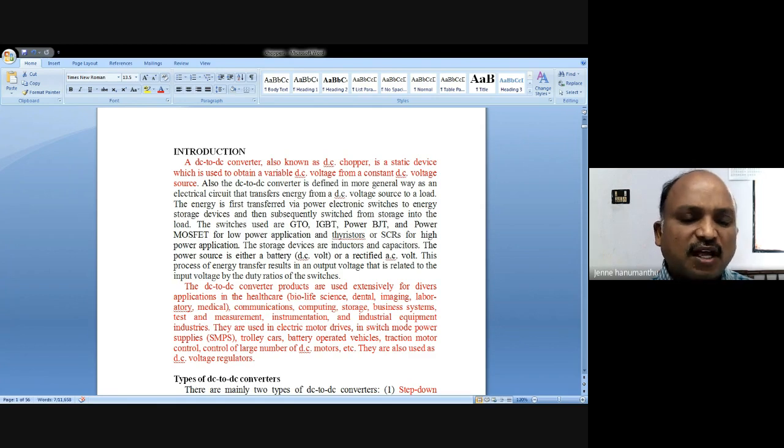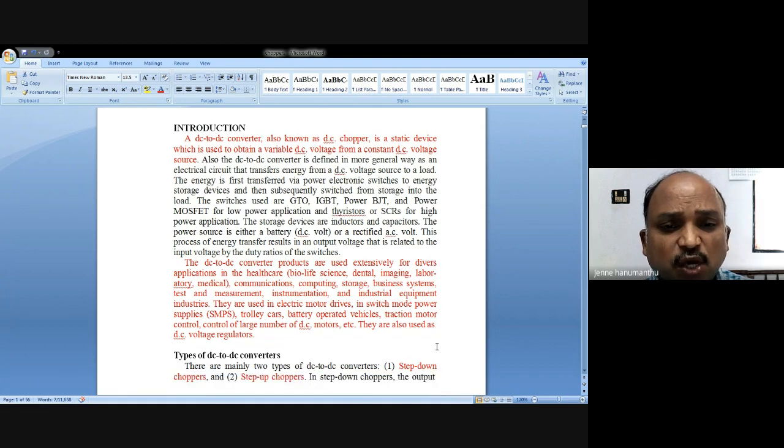Sometimes they are also used in voltage regulation, DC voltage regulators. These thyristors have a number of applications where they work as a chopper. These chopper applications are very useful in communication, instrumentation or medical. So anyway, we can use this chopper.